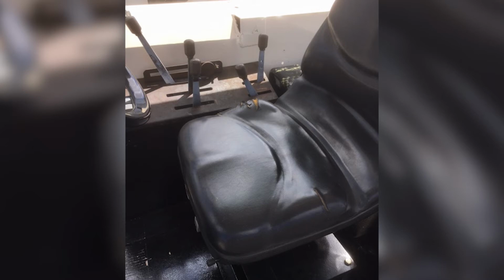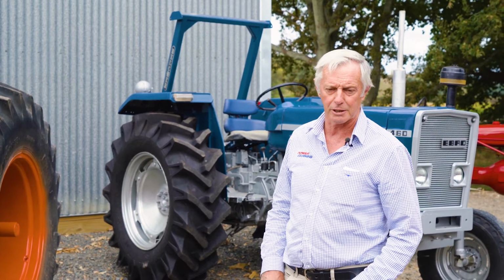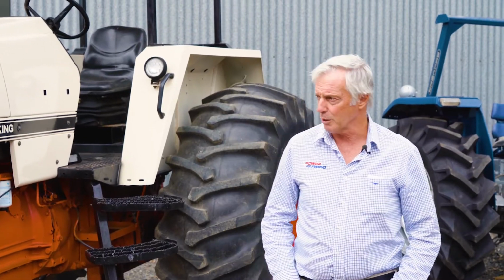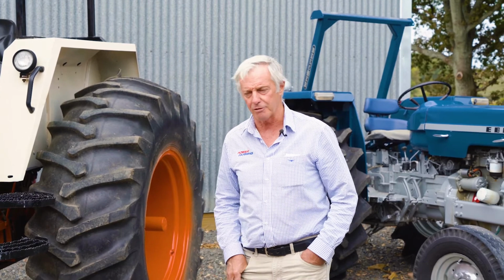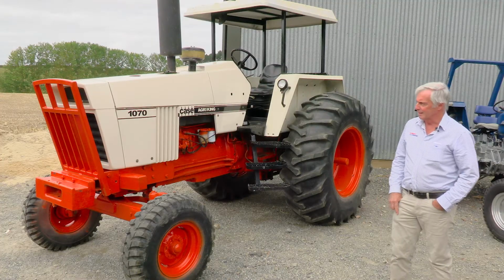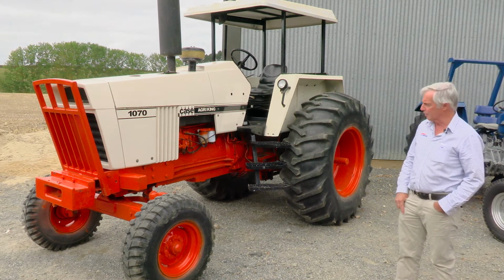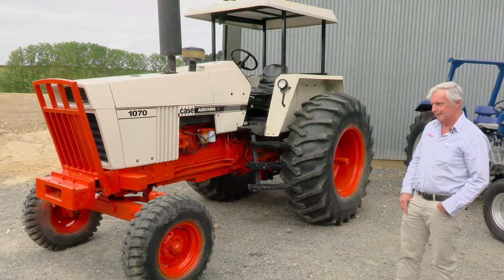We take them to the AMP shows whenever we're allowed to have them back again. These will all end up getting trundled out to the AMP show. We'll go for tractor club drive days here and there. We'll do ploughing days. If you love farming, where I come from, my background is farming. My parents were farmers. My mum's still living on this farm here still. She's 91. Plenty of days she'll come down to the shed with me and she'll look at what I'm working on, and she'll reminisce about some of the older